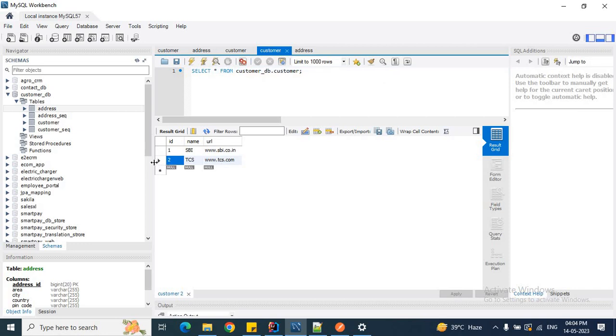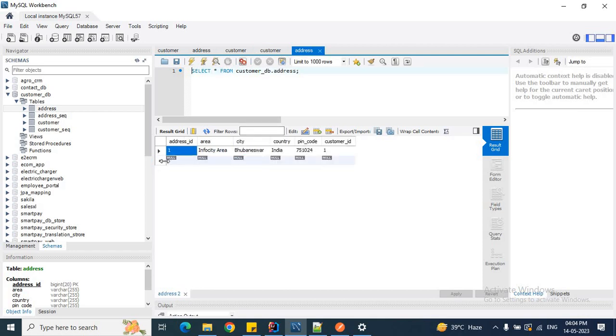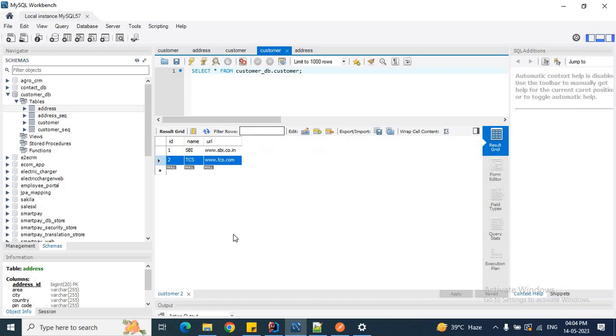Let me go to my customer table and refresh it. Mark here, you have one entry in the customer table. So customer details is saved successfully, but there is no data in the address as a null pointer exception occurs. But it is not expected, right? All the transactions should be rolled back if there is some disturbance during the transaction. There shouldn't be any data inside the customer table for this transaction. This is not an ideal behavior.